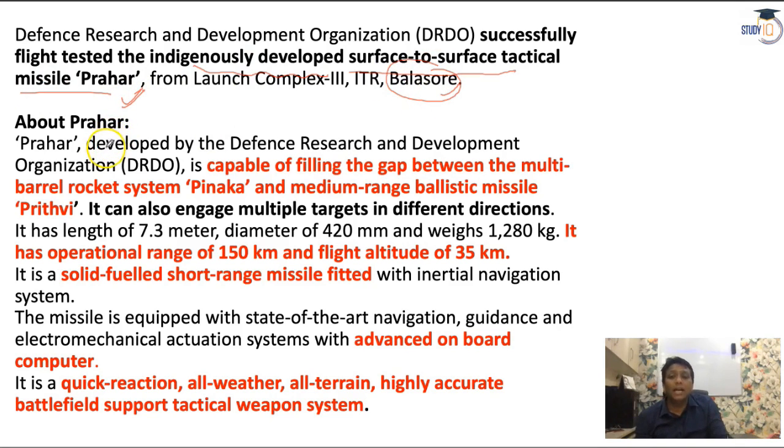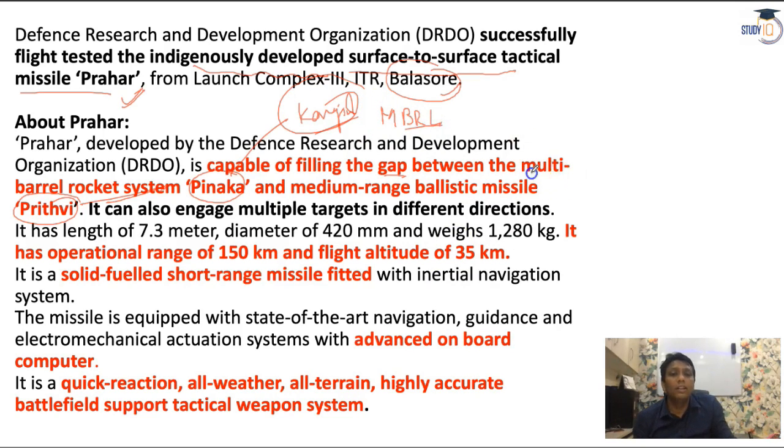What about the Prahar? Prahar is capable of filling the gap between two: one is the Pinaka and the second is the Prithvi. So Prahar will work in between the Pinaka and Prithvi. Pinaka is the rocket launcher of India, and this rocket launcher was even used during the Kargil war. People even won Kargil because of this Pinaka. With the help of the rocket launcher, Pinaka is also popular with the name of